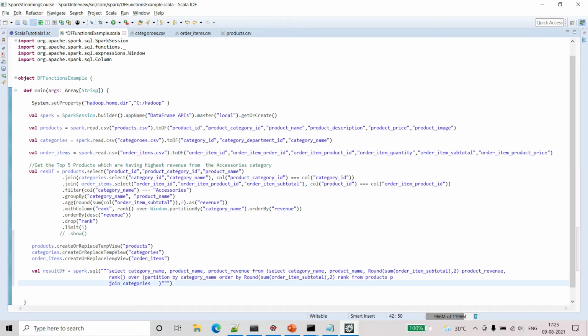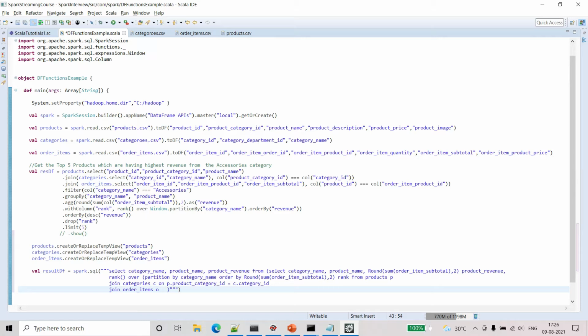Then categories I'll just give as C, and we have to give p dot product category id equal to c dot category id. Okay, and another join we have to give, joining the order items. This is the name we created the temp view with, and I'm giving the alias as O for that.